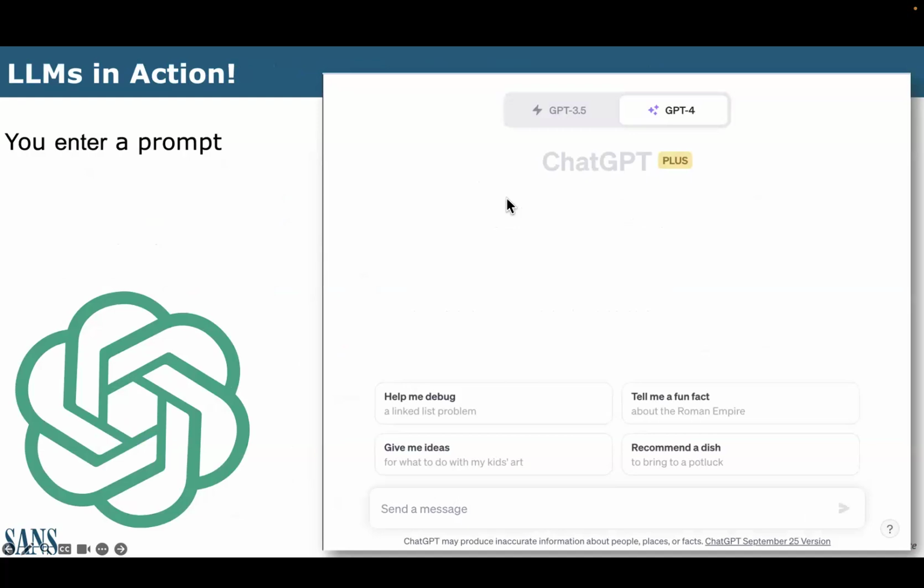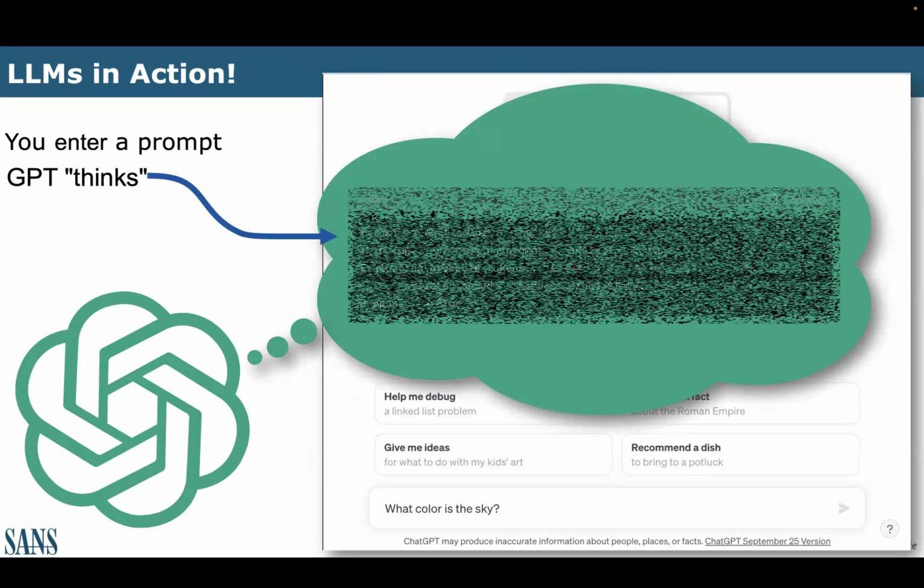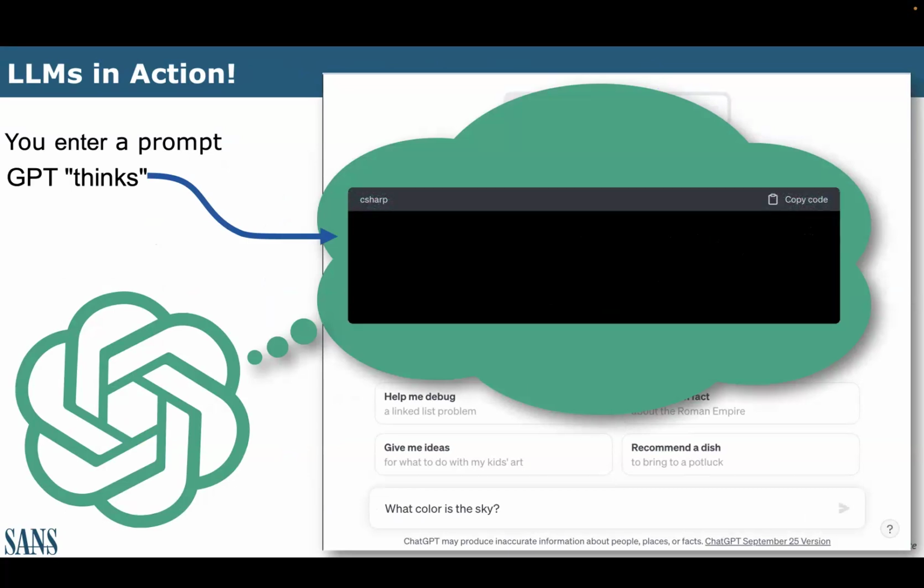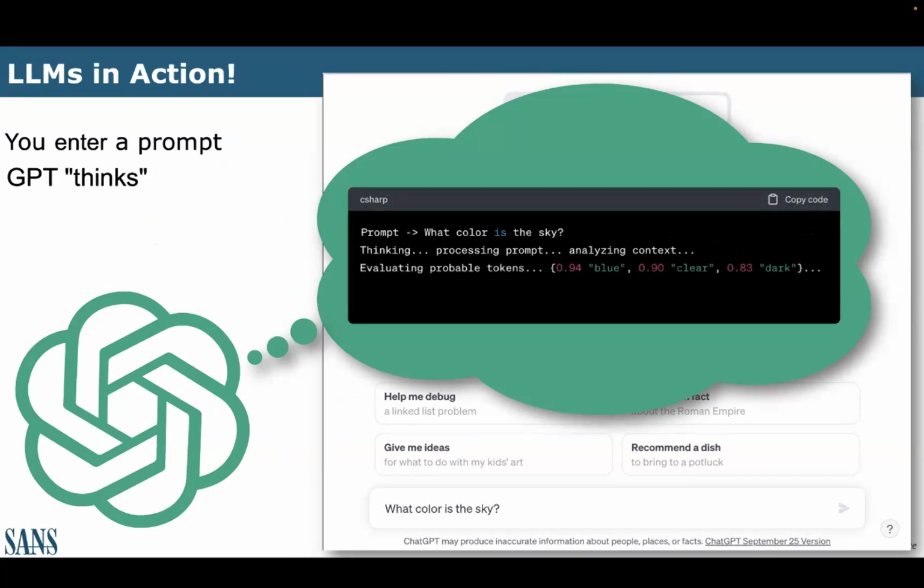We start with a prompt. What color is the sky, for example? Believe it or not, this is not actually the internal systems of ChatGPT. So in case you're wondering, this is a sort of representation of how this works. So we take our prompt, what color is the sky, and we break it into tokens and we process it and we pull back a list of likely tokens and probability numbers, called weights, if you will, of which tokens are likely going to follow that.